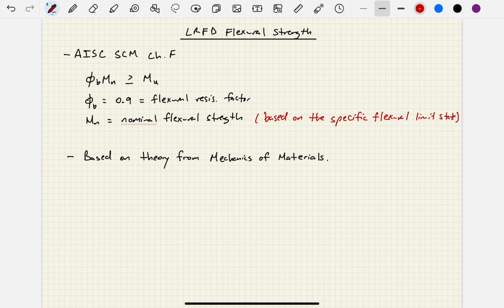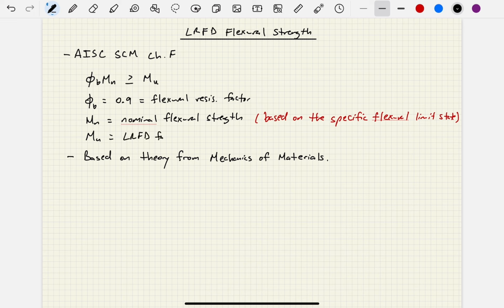Remember, we said that Chapter F deals with the flexural limit state, but I also called it a collection of flexural limit states. So it turns out there's several different types of flexural limit states that we need to investigate in a steel beam design setting, okay? And then, of course, Mu is the